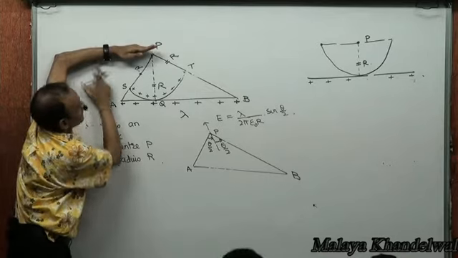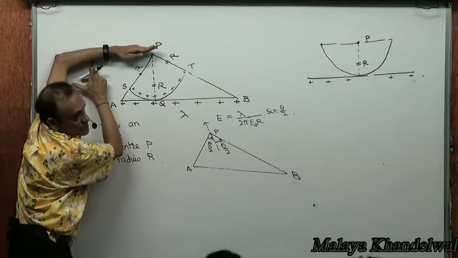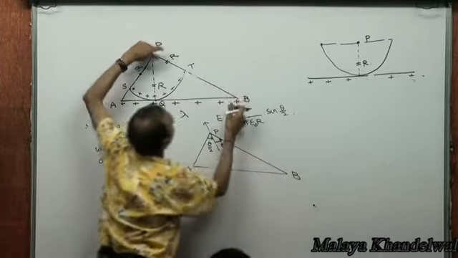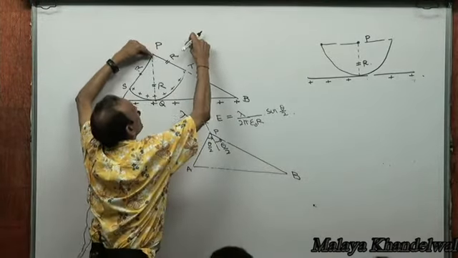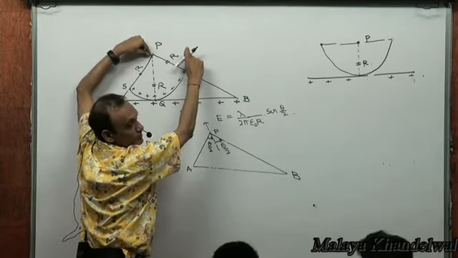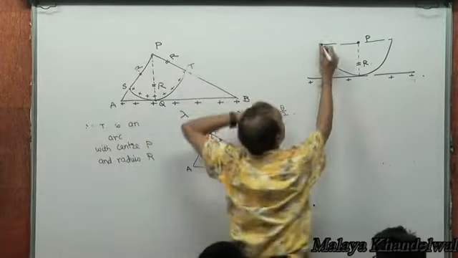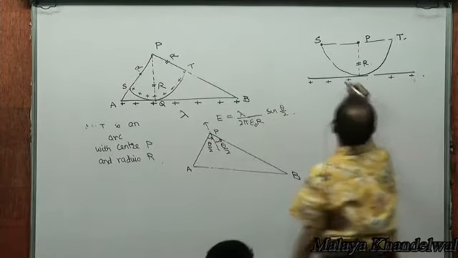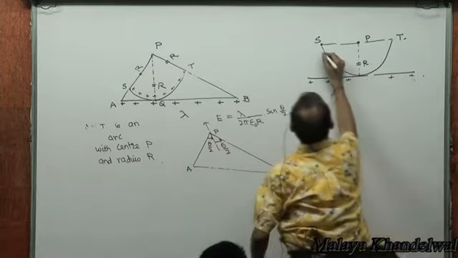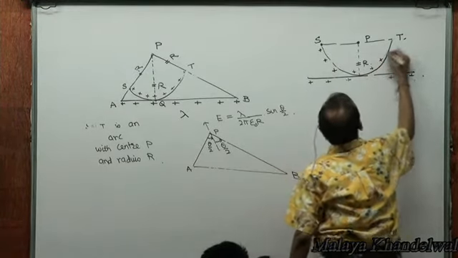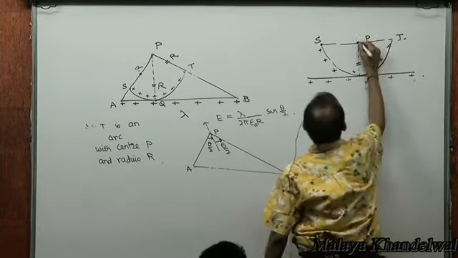The intersection S will come to this position, and the intersection T, if B keeps moving further away, then this T would keep moving up and, in a limiting state, T would come down here, and this would be my S and T. So now I say this infinite line of charge will be the same as the field produced by this semicircular arc of charge. And the field here is going to be what?